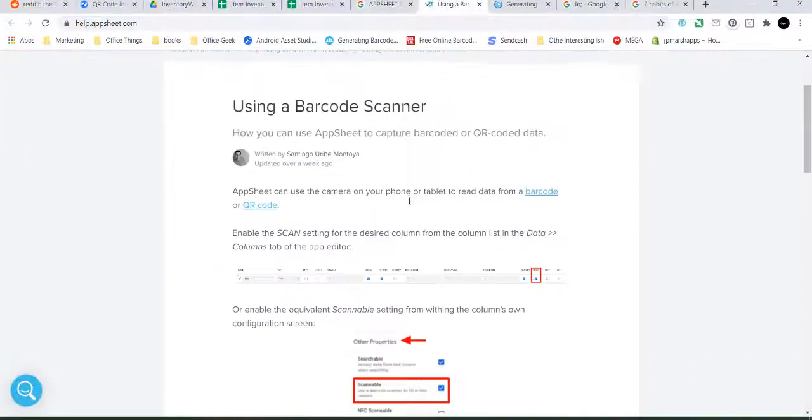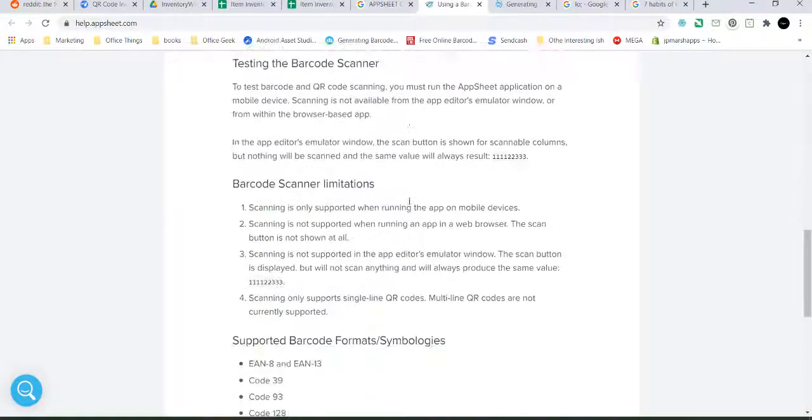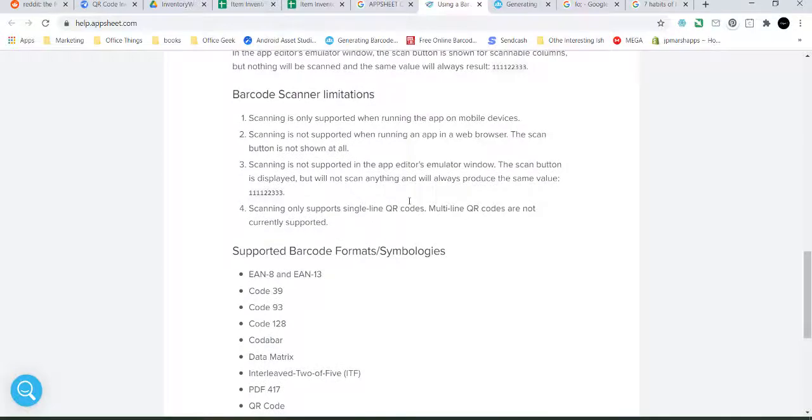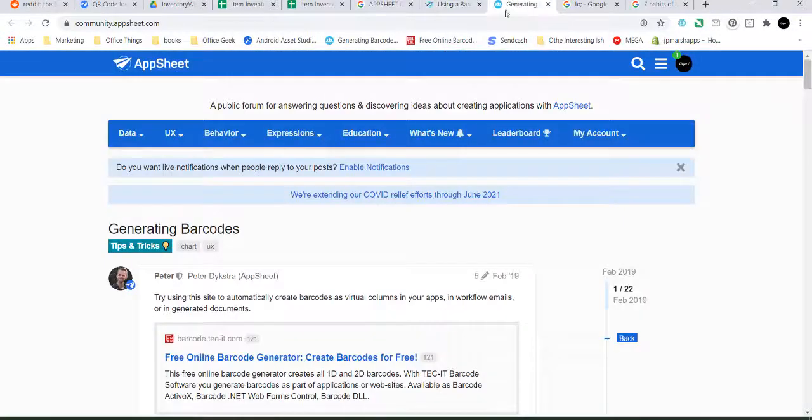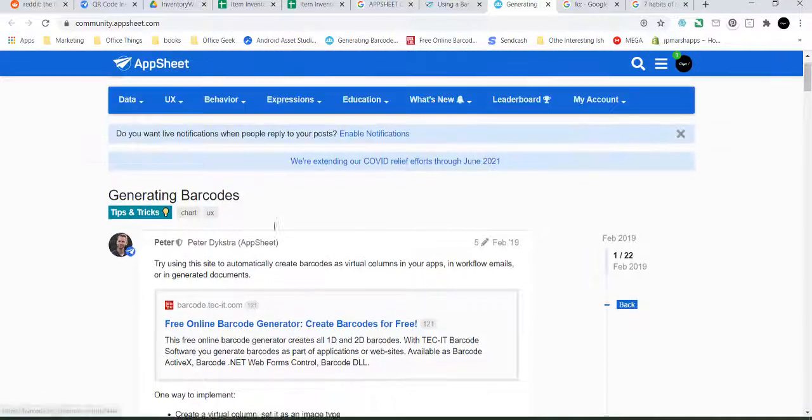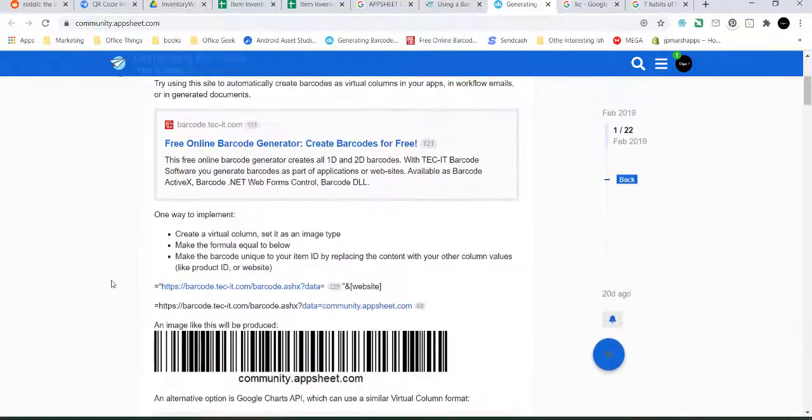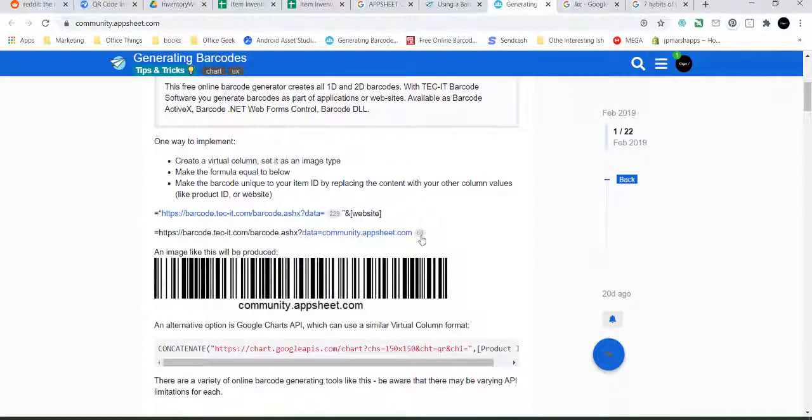Documentation on it. This is how to retrieve QR code scans. But first, let's generate QR codes here. There's documentation in the community, and this is where I got mine from, which is very, very relevant. If I copy this out, you can see it says create a virtual column, maybe formula equal to below, and